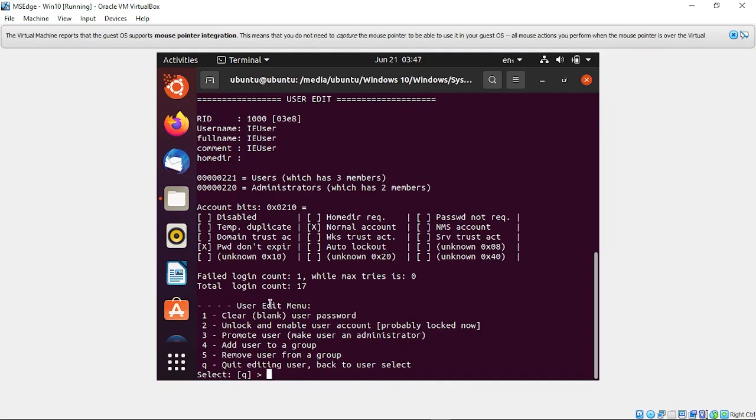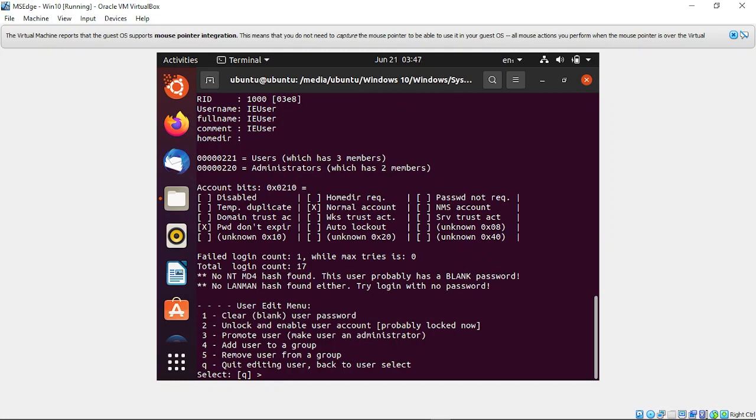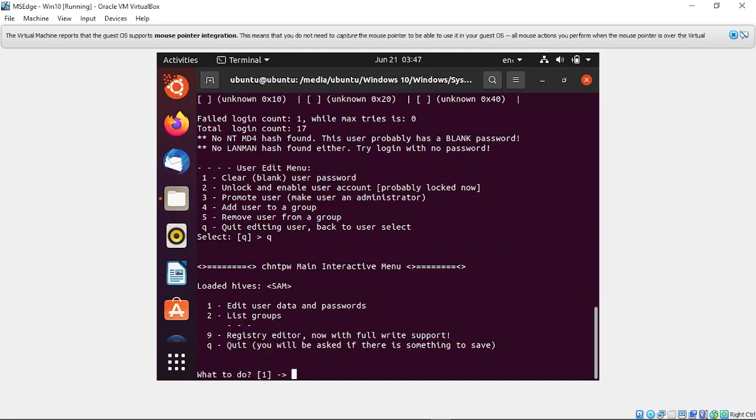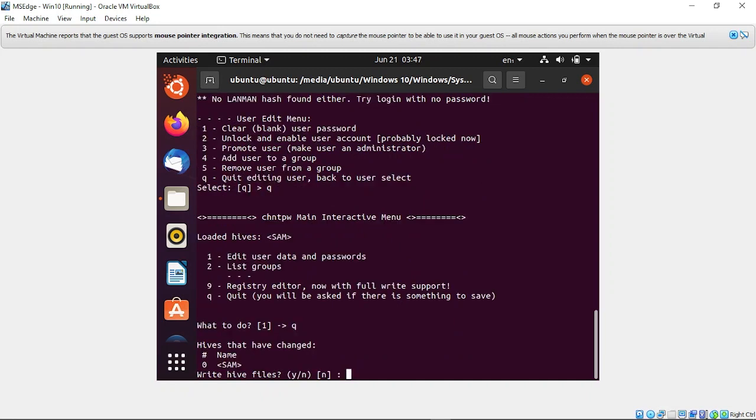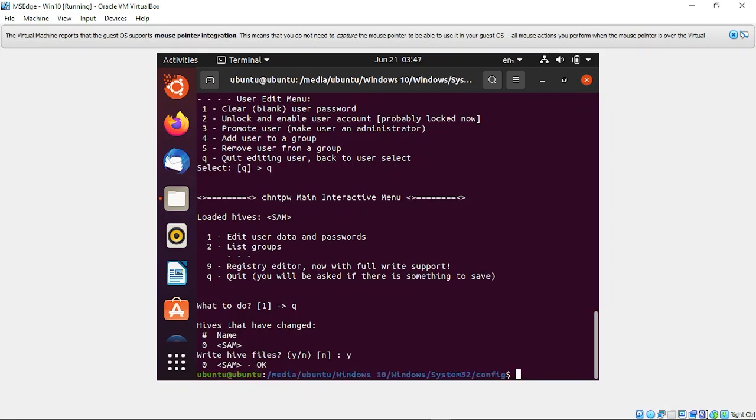I'm going to blank the user password, so you have to click on option 1. After clicking that, everything is fine. Just click on Q. After this, again click on Q. Now you have to save this, you have to write the hive files. So click on Y and click enter.